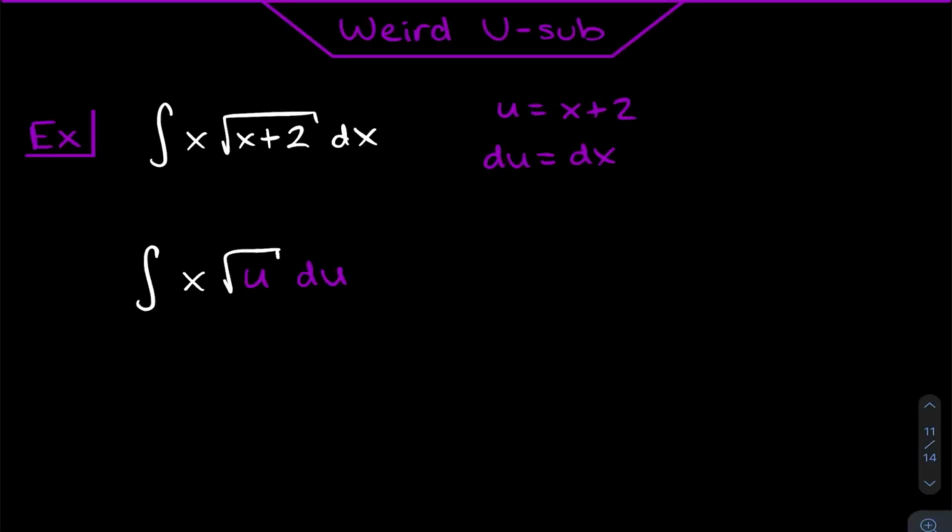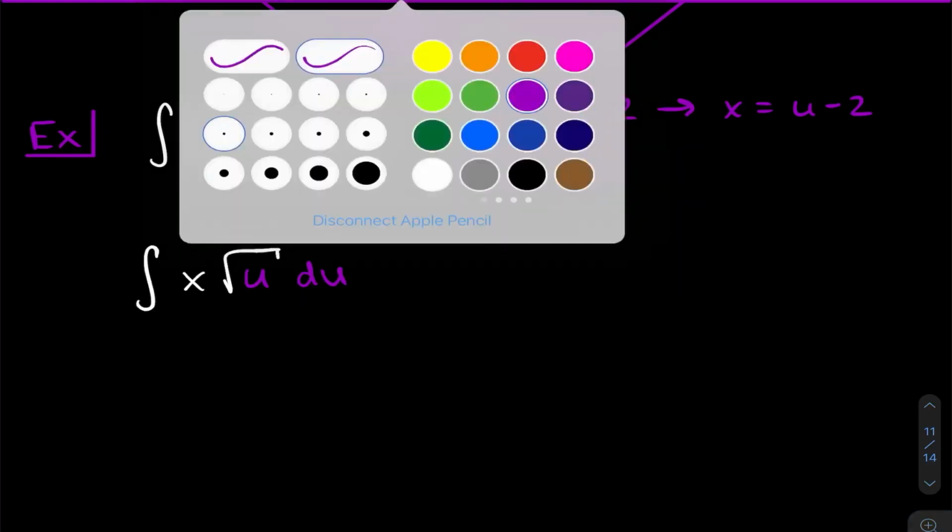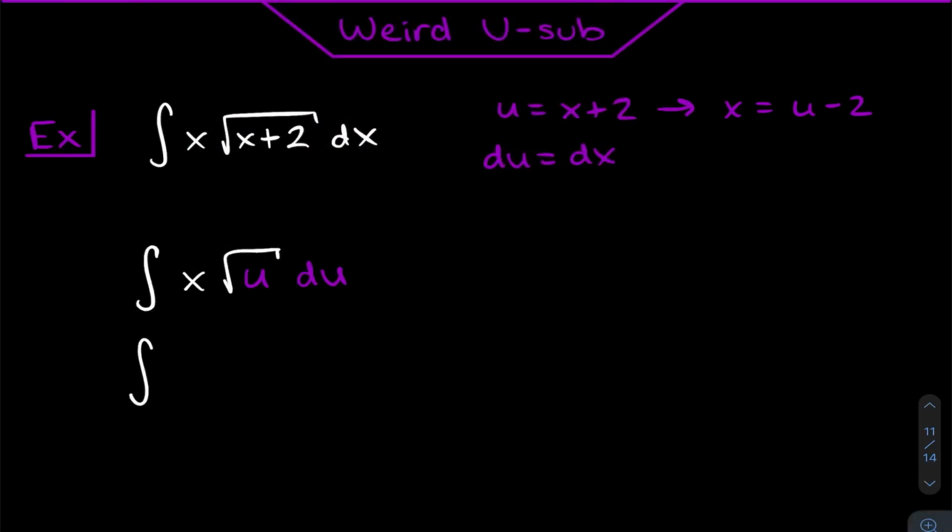The solution here is actually pretty nice, though, and this is one of the nicer weird u-subs. All you have to do here is just realize that, if u equals x plus 2, then that means that x is equal to u minus 2. Just subtract that 2 over. And you know why that's nice? You're like, well, why this? How does this change anything? Now, instead of having a